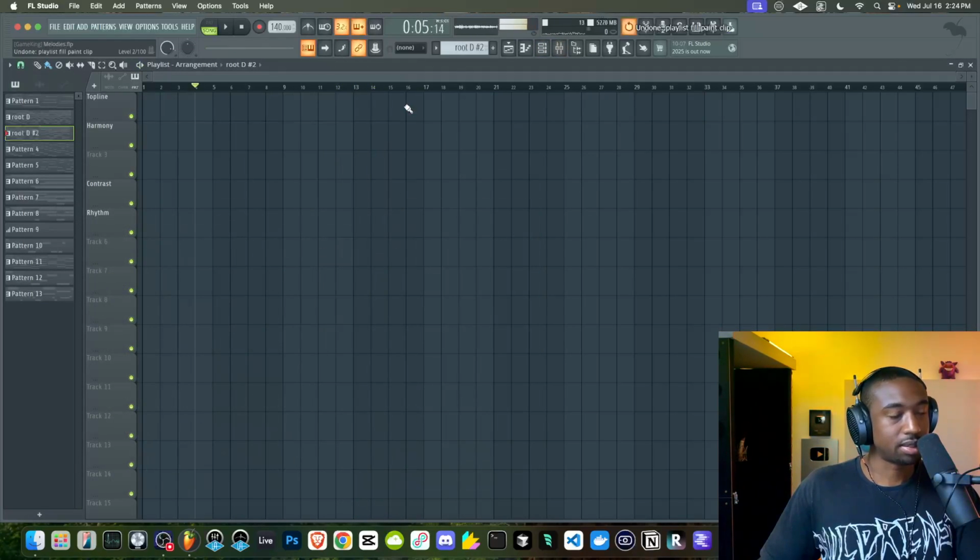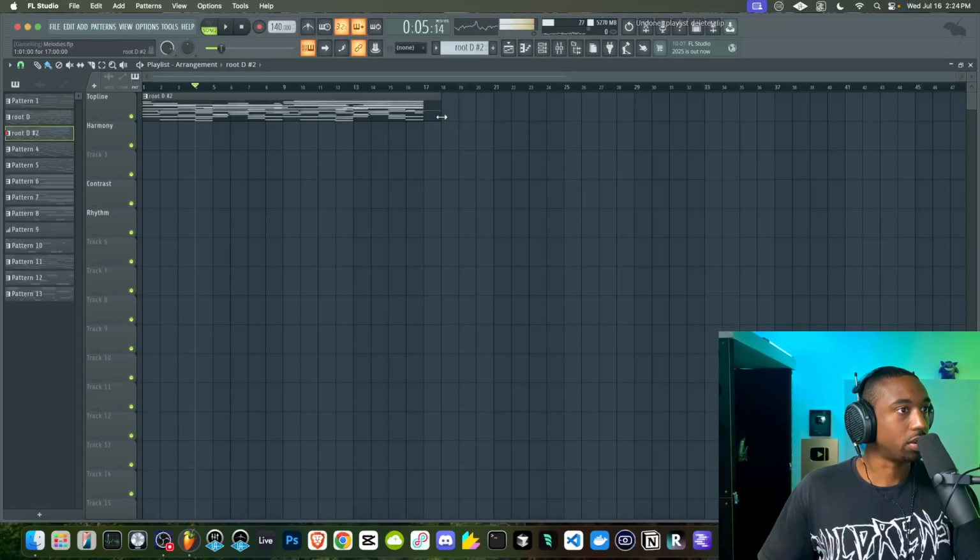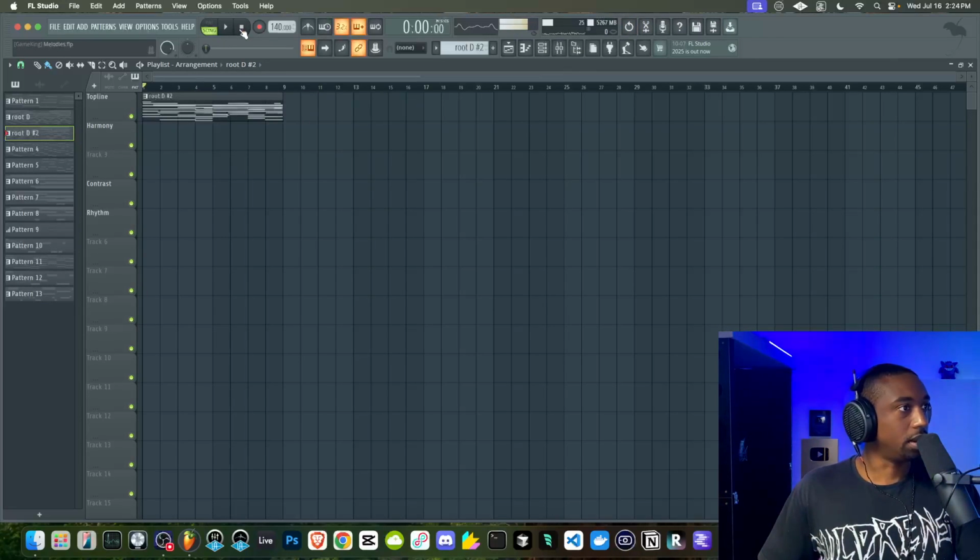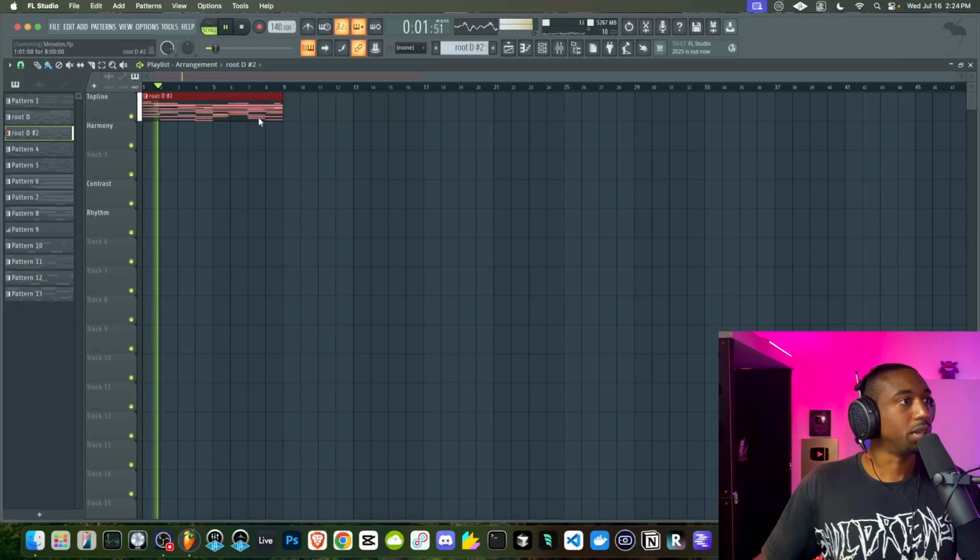So it seems like our best zone is kind of the middle zone. I don't know what happened on the front and the end zone, but here's the final loop here, 8 bars.